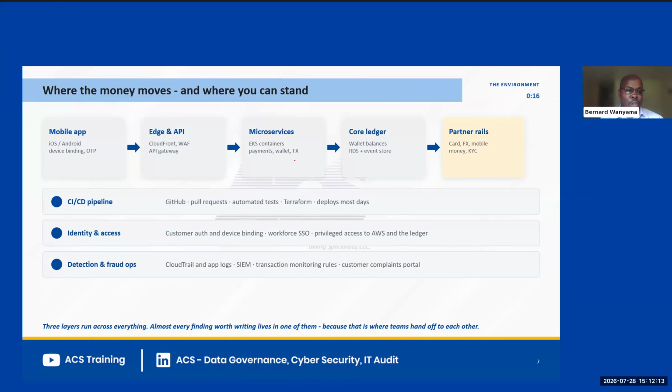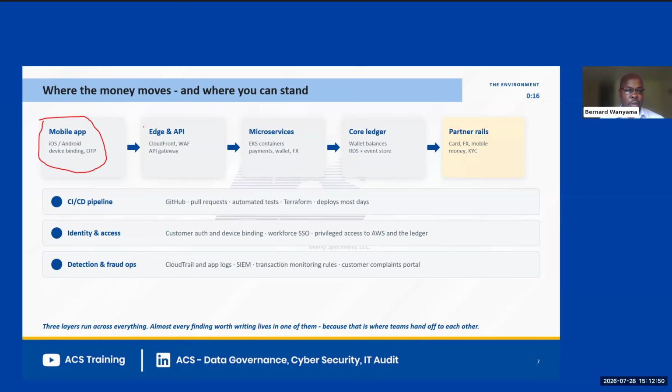So diving a bit deeper into our FinTech organization, the primary surface for end users or customers is the mobile app, iOS and Android. It's bound to a device. So if you lose your mobile, you have to go through a process of registration. That kind of stops people from taking over accounts very easily. There's going to be a linkage with the physical device, but it also creates another risk that if the physical device is stolen, then perhaps you have a bigger issue.